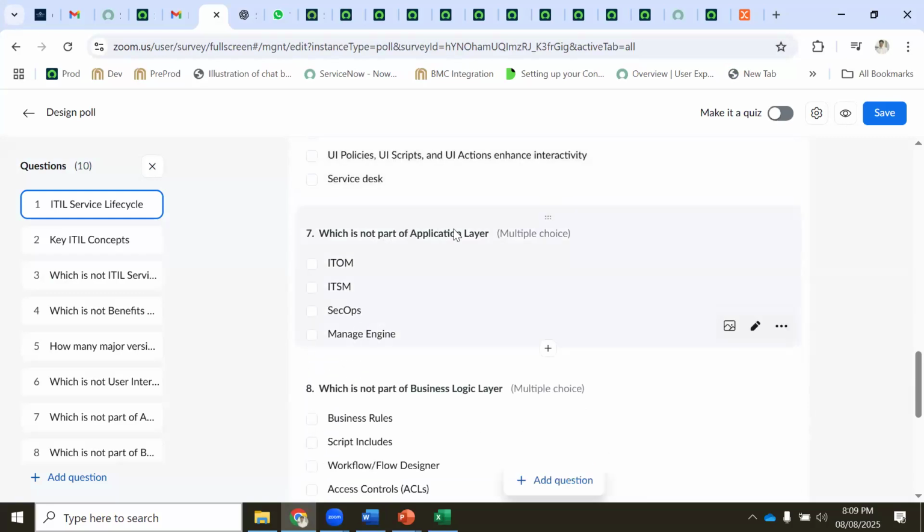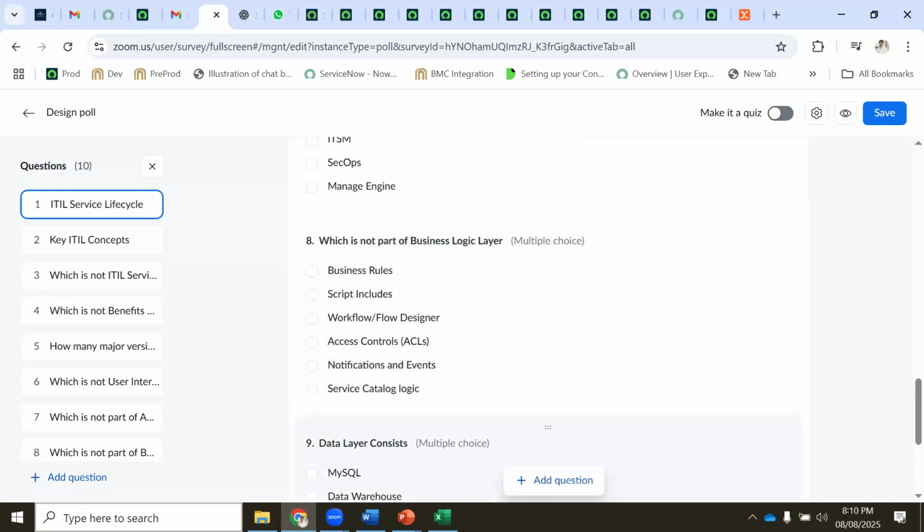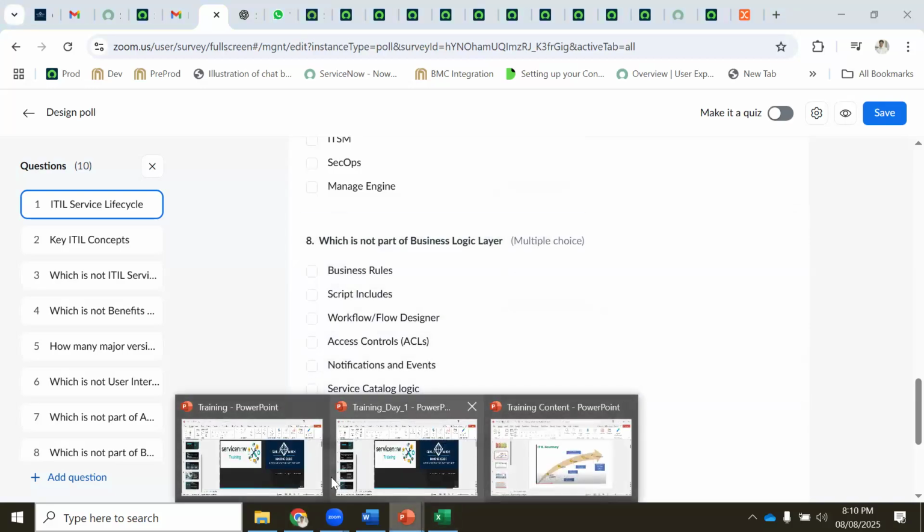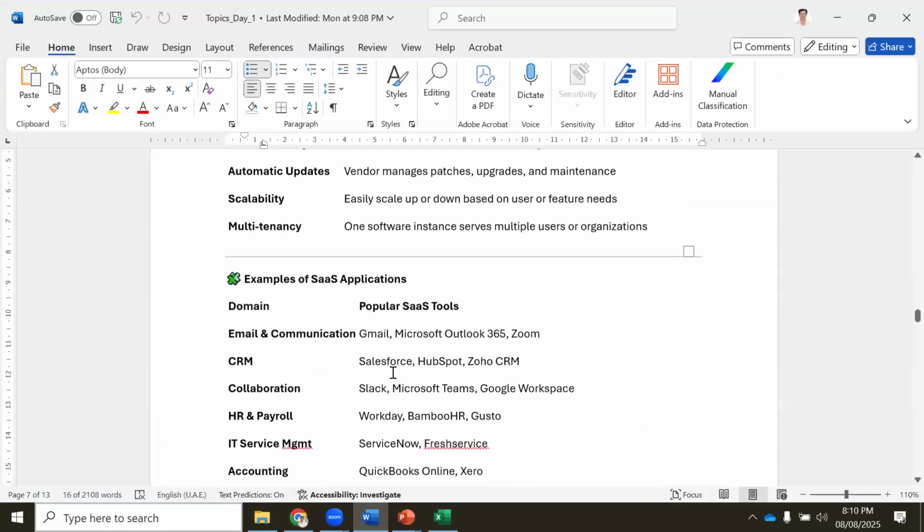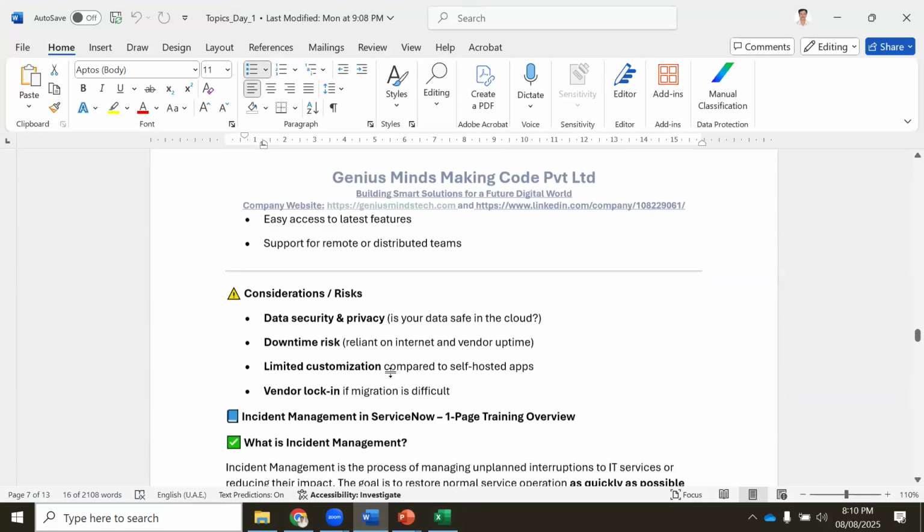Which is not part of application layer. ManageEngine. I brought it. ITOM, ITSM, SecOps are part of the application layer. Okay. Which is not part of business layer. Let's go to what our business layer is, right? In the survey we discussed here. Where is the business layer?